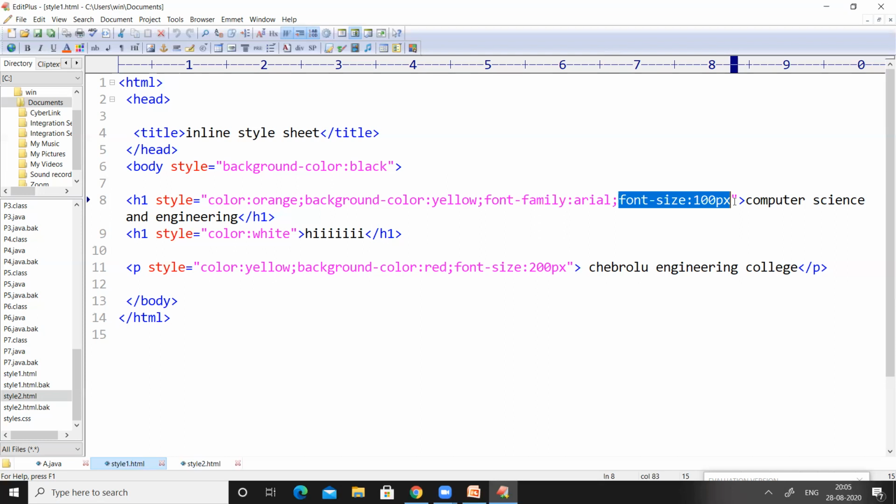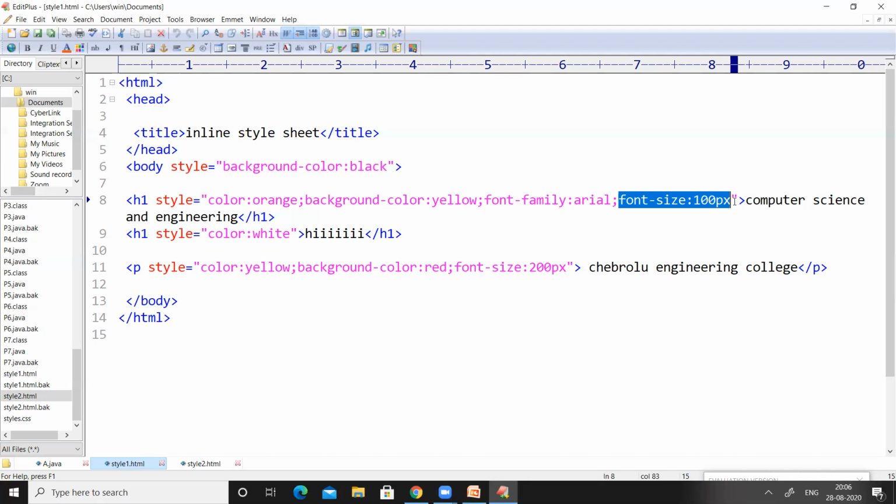So in such a way, if we want to represent our text in a larger or smaller font than the usual font, we can use this option called font-size colon. We have to provide the size in terms of pixels. If you want your font to occupy 50 pixel size for each and every character, then you have to pass font-size colon 50px, where px represents pixels, right?